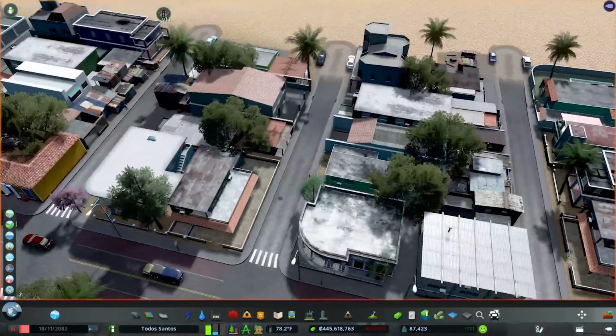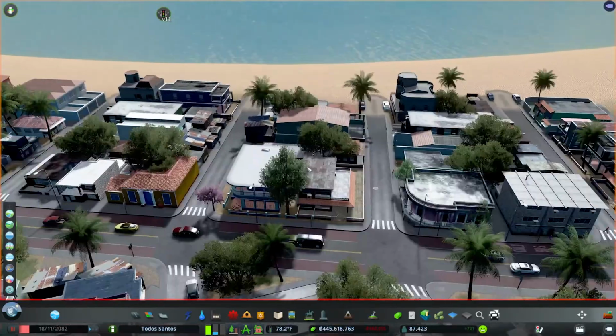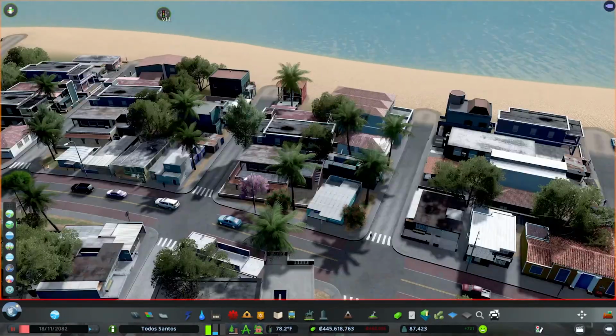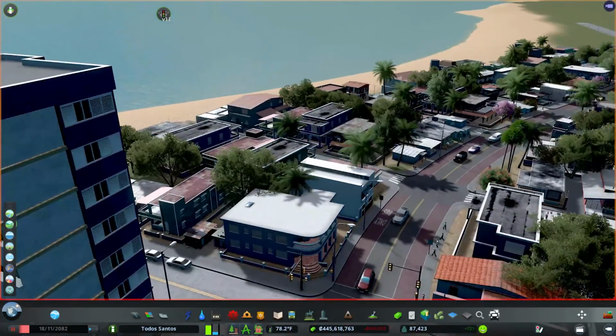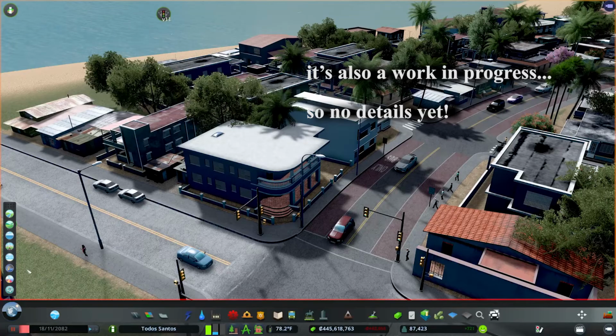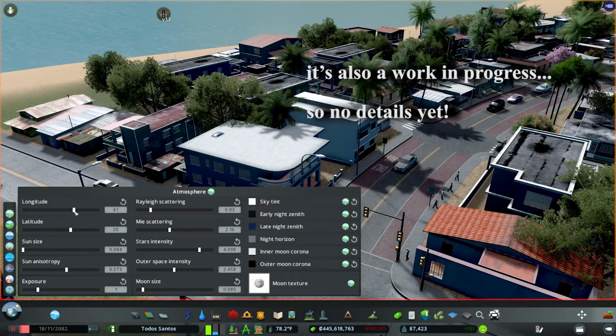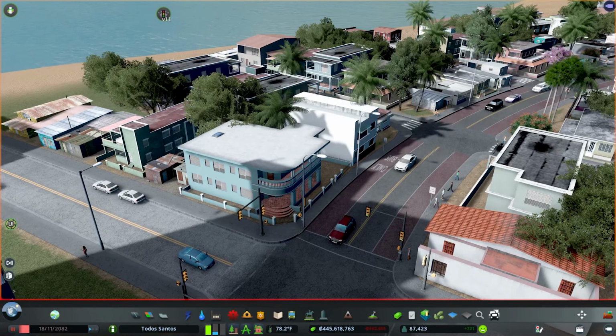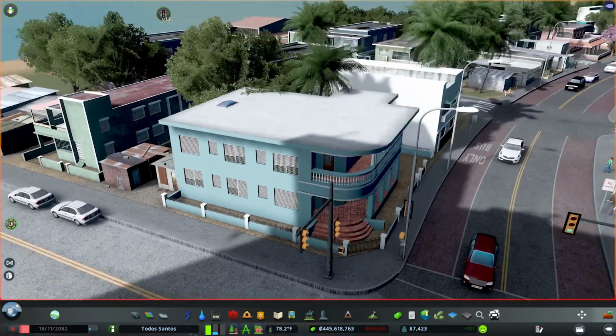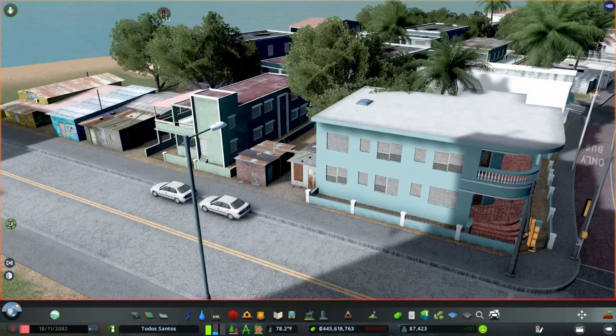And I just want to show you this little area by the beach. This is a relatively small part of an episode that is far, far, far in the future, but look at these assets. Let me just change the position of the sun here. I don't remember the name of the asset creator who created this Puerto Rican house pack,